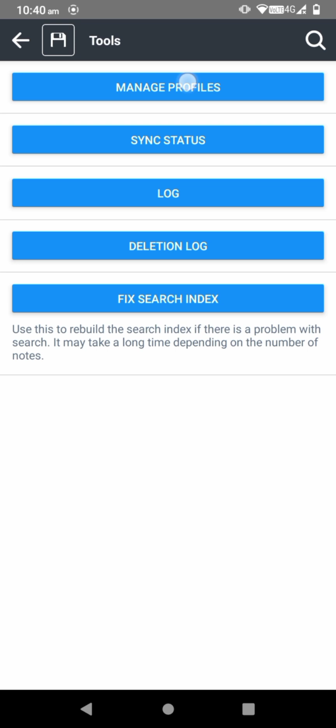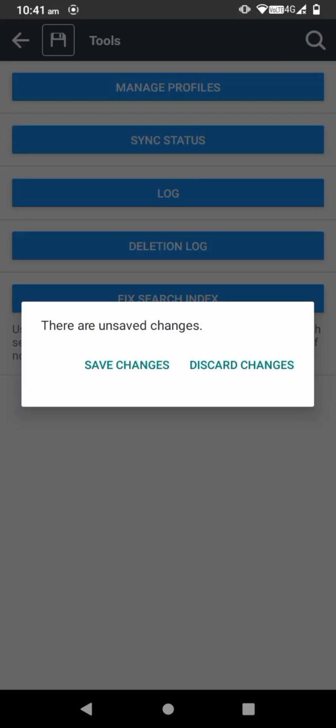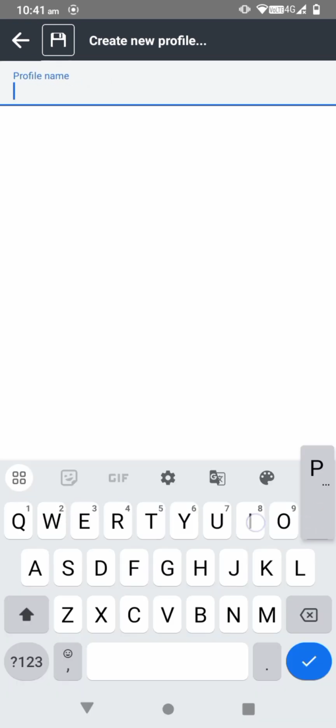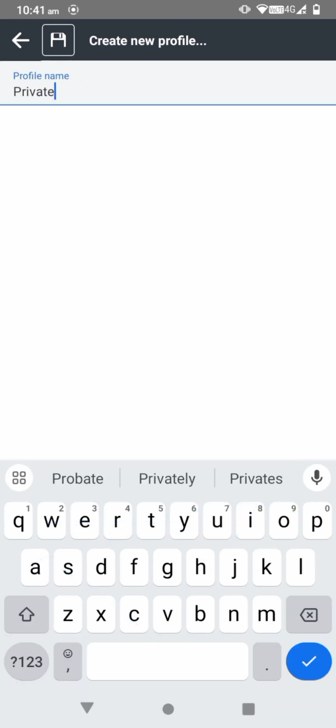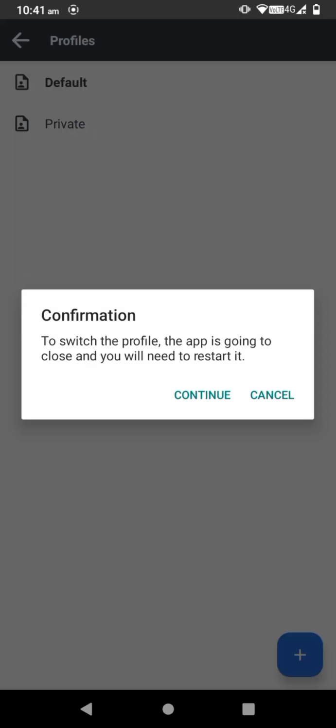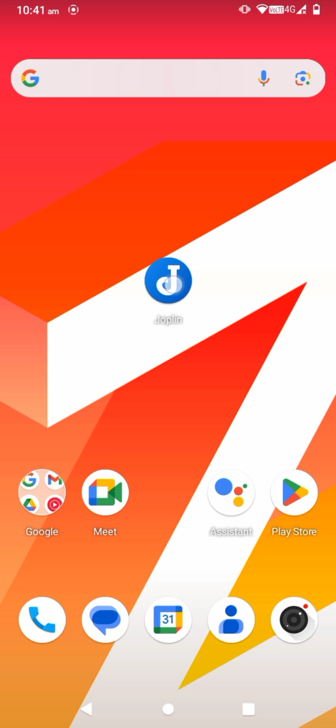Manage profiles is something almost like a different space that we have seen before in the other notepad apps. So let's say I'm creating a different profile that says private. So now I have two profiles. If I click private and I'm going there,